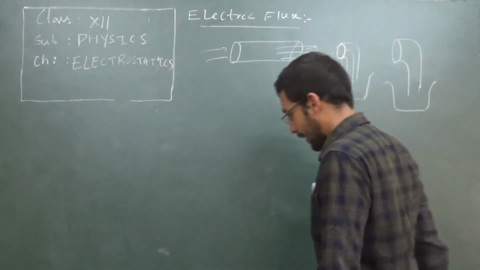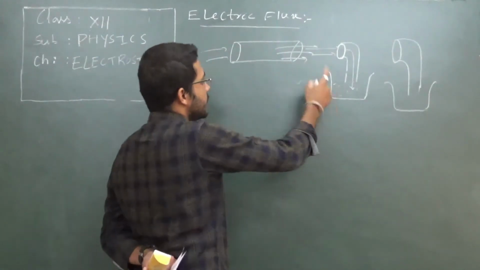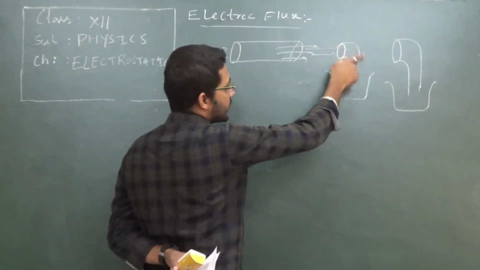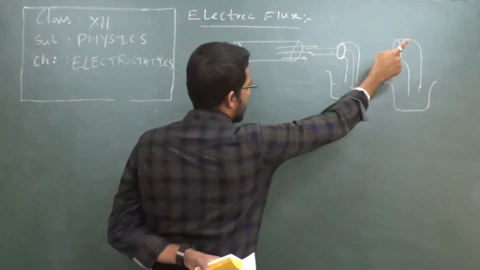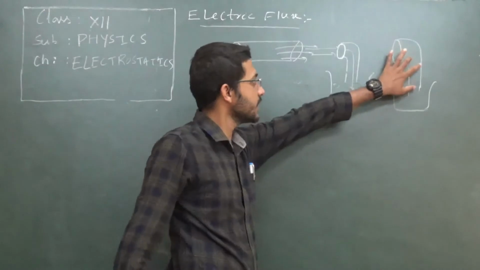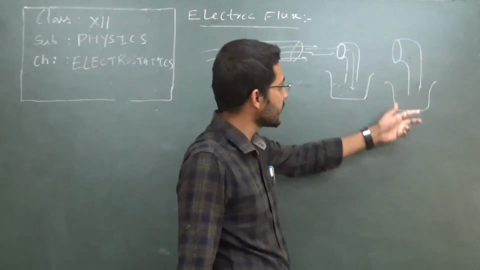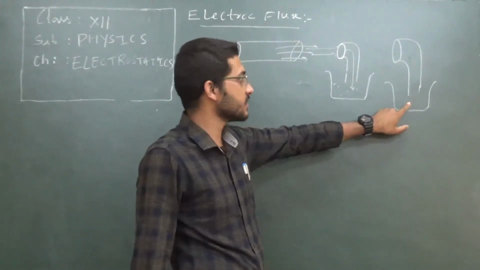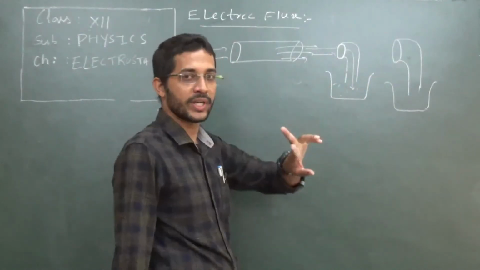Then see, you need to find the difference. So if I ask you a question, if I place this collecting pipe here and this collecting pipe here, then obviously every time this pipe is going to collect more water as compared to this one. So it depends on two factors.